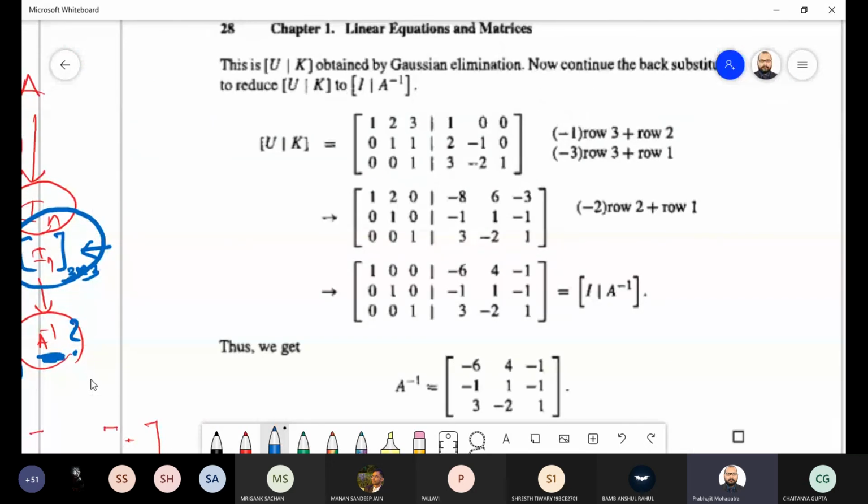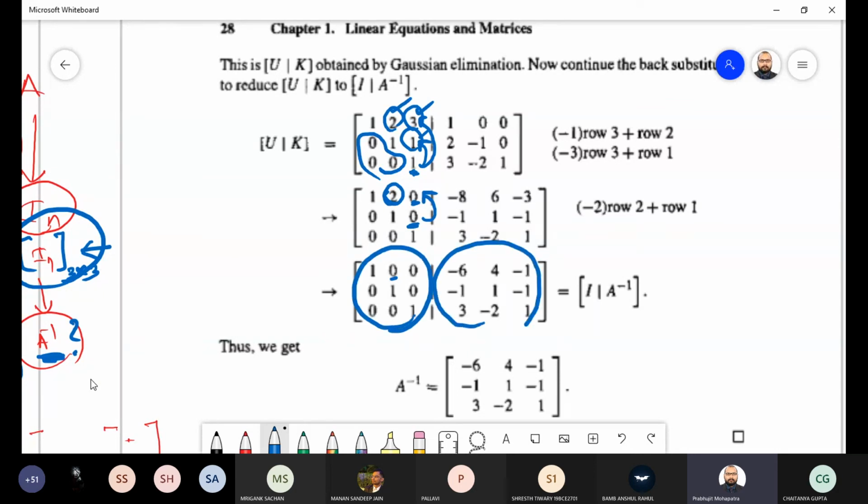So here the lower part we have already made 0. We need to make the upper part 0. These three positions we need to make 0. So first you subtract row 3 from row 2 to make these two positions 0. Then our target is to make this position 0. Then again you do row 1 as row 1 minus 2 times row 2. If you are doing that, then this position also will become 0. So you will get the identity matrix. And what is this matrix? This is nothing but the inverse of A. You got the answer.